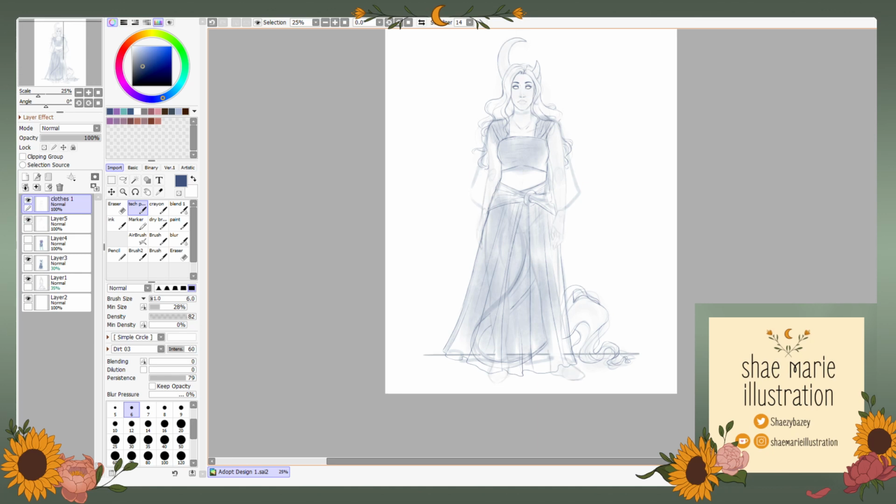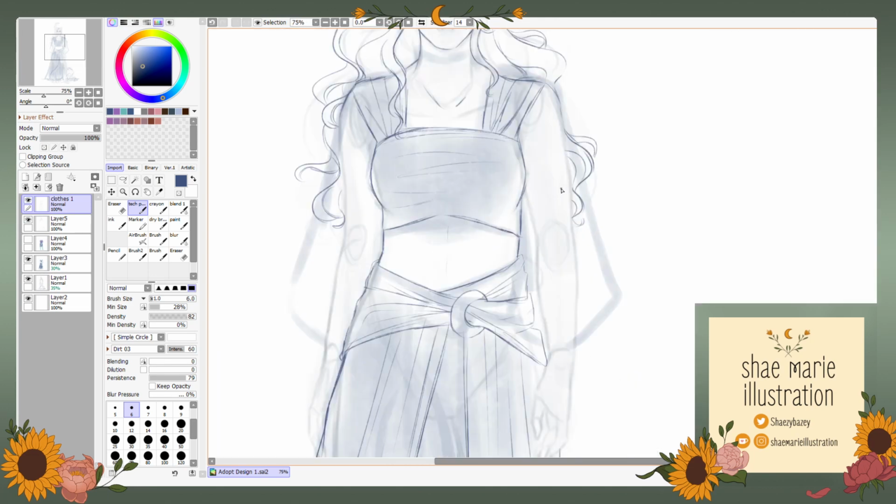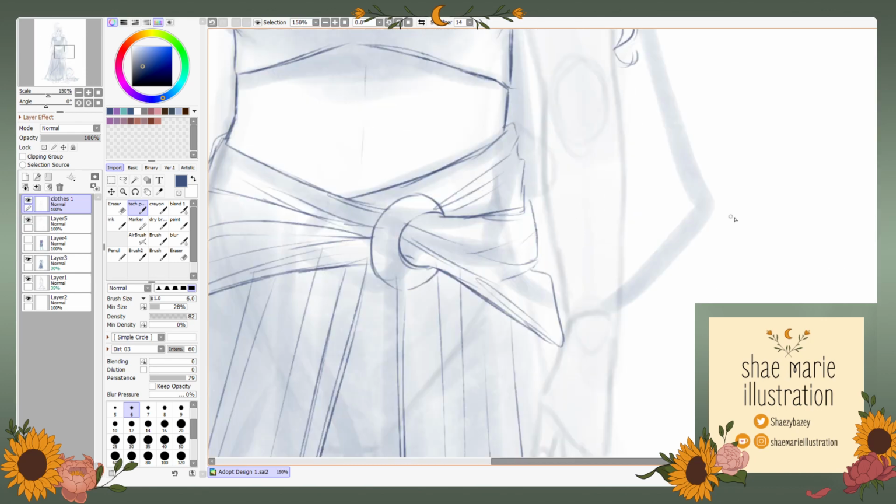I think it has a lot of potential for really cool patterns, which I'll throw down in the flat color phase. That probably won't go in the sketch phase. Or if I do, I'll do it in a different color so that it pops a little bit more. And then...